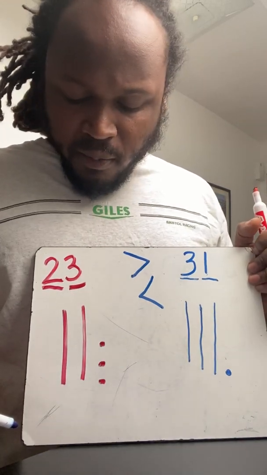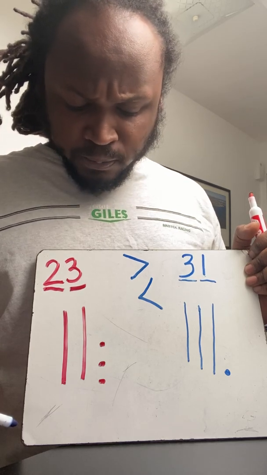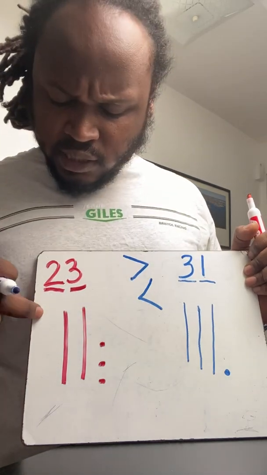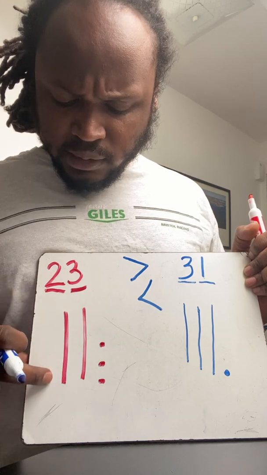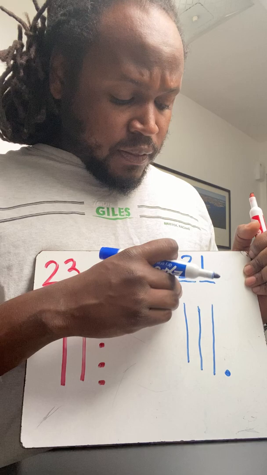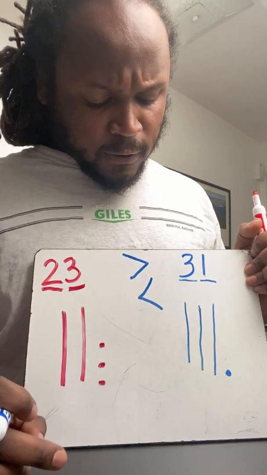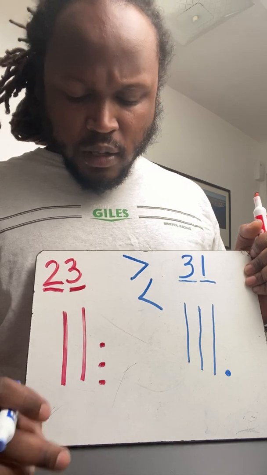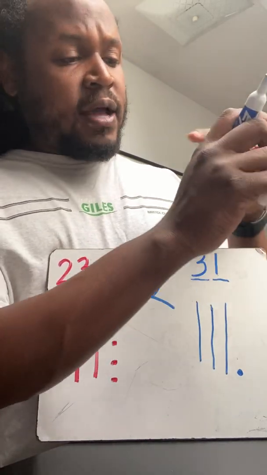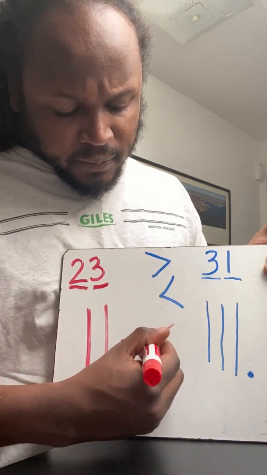So whenever I compare numbers, first thing I need to look at is the amount of tens. This number has 2 tens, all right, and 3 ones. This number has 3 tens and 1 one. So I know that 23 is less than